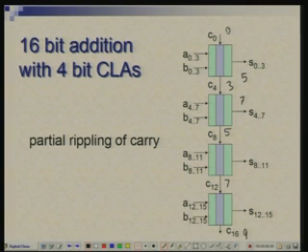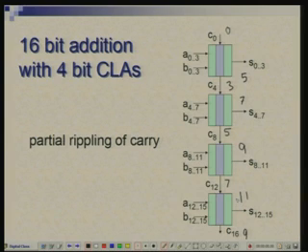So, the time was 0 here, 3 here, 5 here, 7 here, 9 here. And from this 3 we get 7 here, from this 5 we get 9 here, this 7 we get 11 here. So, the whole thing has taken 11D units of time. If we had allowed normal ripple carry to operate for 16 bits, we would have required 16 into 2, that is 32D. So, there is a considerable saving, and saving will show up more and more as we increase the value of n or number of stages.